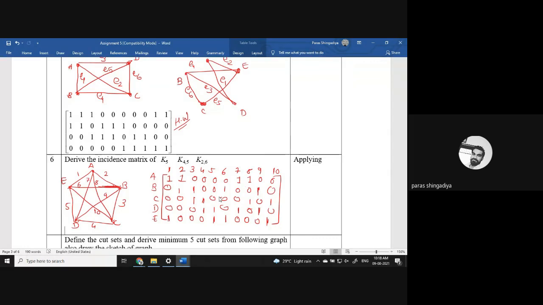Clear? And now these 2 are for your practice. K45, that is a complete bipartite graph. Okay, draw the graph, mention the edge notation, and do it also for K26. Clear? And add some more graphs. Okay, here add some more graphs and practice them. How to draw this graph first. Okay, that is important. How to draw the K26 graph, and then we can create an answer. Okay, then we can create any of the matrices.